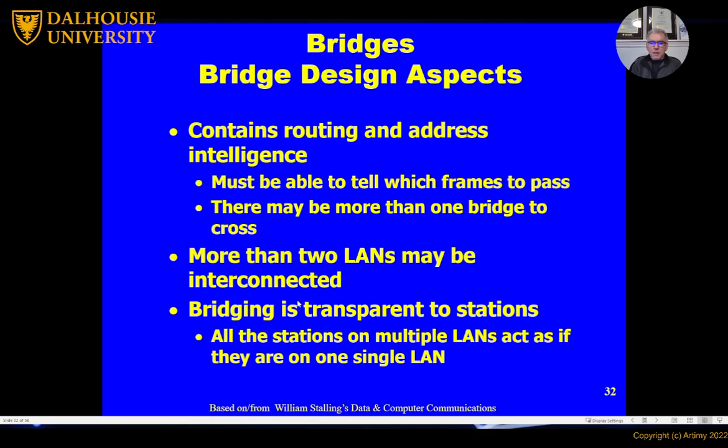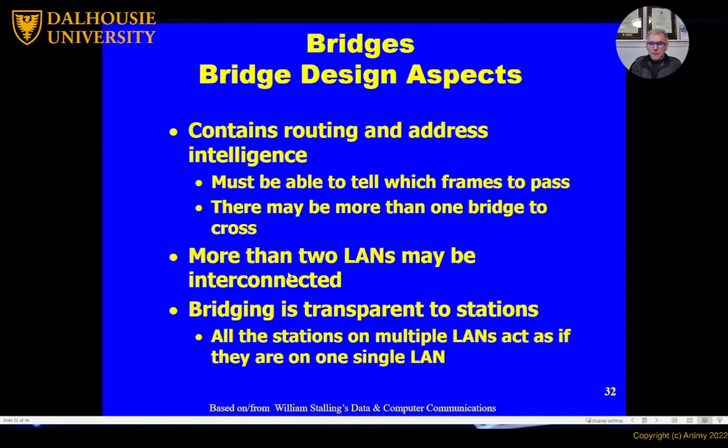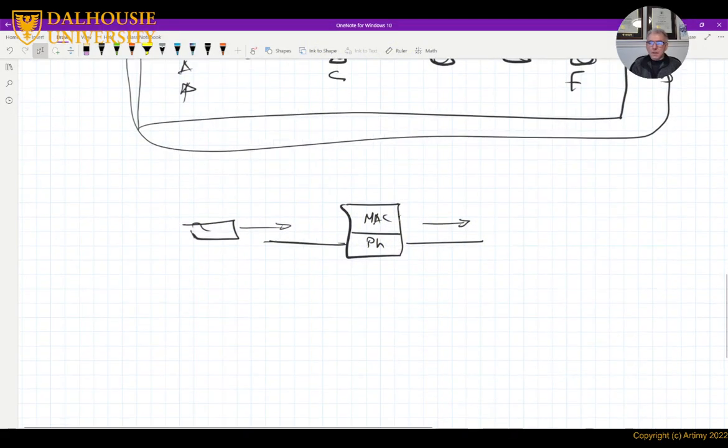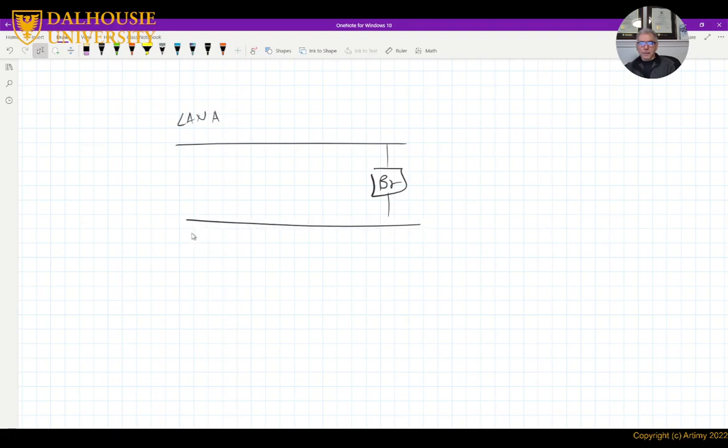So how does it work? Let me see. Let's take a look at a simple example. This is LAN A, and this is a bridge, and this is LAN B. And let's say this is station 1 and this is station 2, and this is station 11 and station 12.